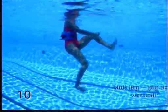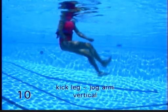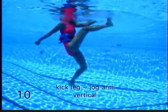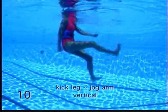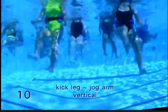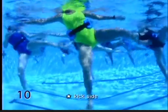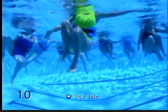Exercise 10 repeats our kick leg with jogging arms in vertical position, only this time instead of traveling backwards and focusing on stretching, we'll remain stationary, focusing on strengthening and aerobic conditioning. We'll start with a few sets where we kick to the front, and then we'll be alternating back and forth with another variation, where we'll kick to the side instead of front, simulating a